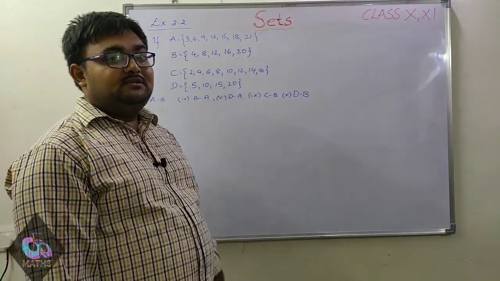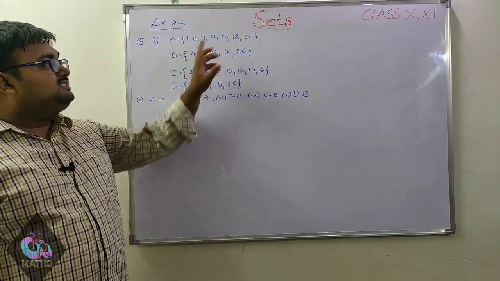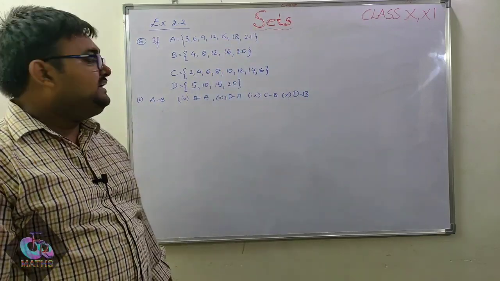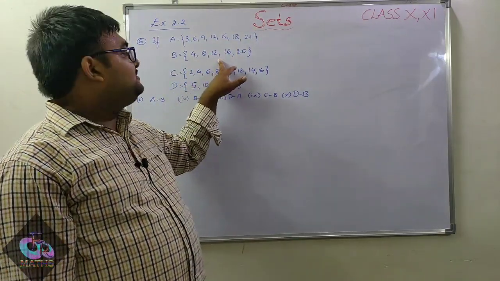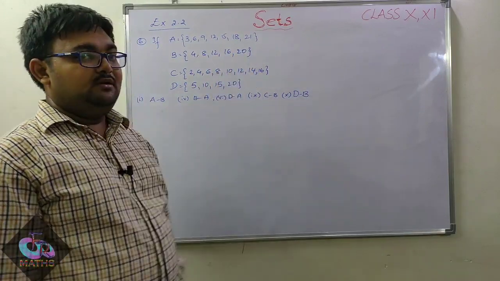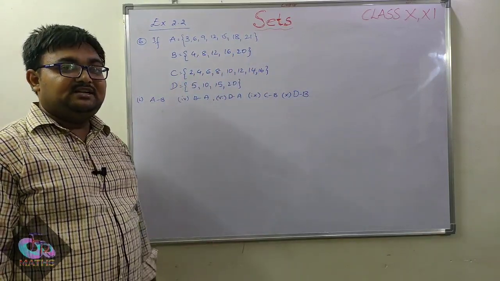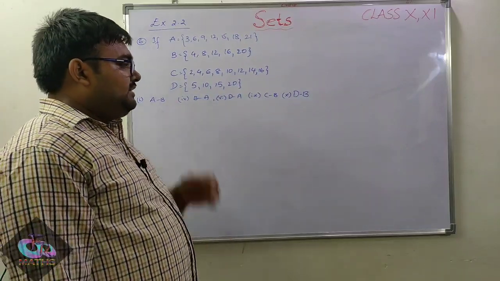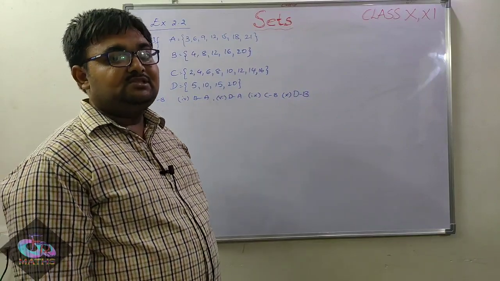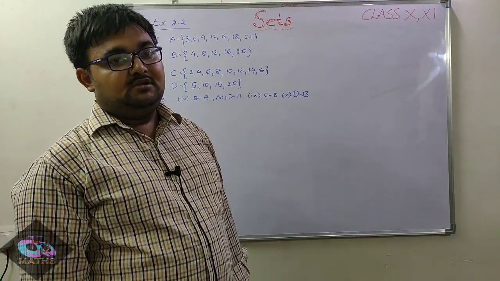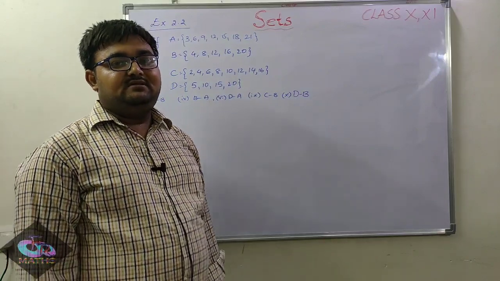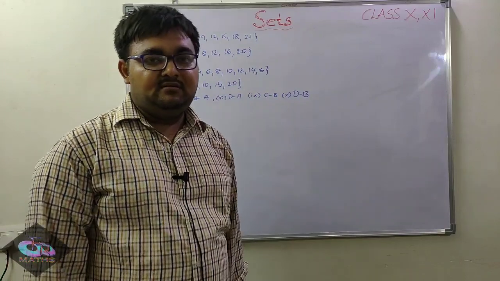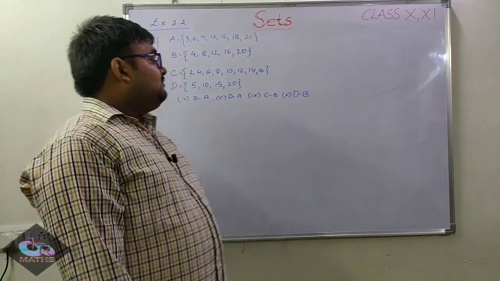Okay, next question is the sixth one. Set A is given as multiples of 3: 3, 6, 9, 12, 15, 18 and 21. Set B is given as multiples of 4: 4, 8, 12, 16 and 20. Next, set C is given as multiples of 2 and set D is given as multiples of 5. Right? Now in this particular question, we are having 10 bits, so 10 sub questions are given. Here I am going to discuss 5 among those, and the remaining 5 you can do yourself.